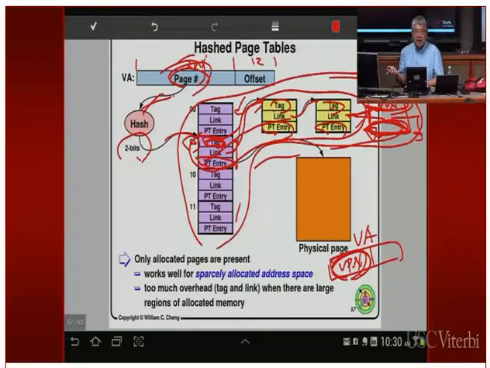And what do you pay when you want to save memory? You pay in terms of speed, right? Because every time you try to access the virtual address, you have to walk down the conflict resolution chain and do all the comparison in hardware in order to find the right data structure that has the matching tag against your virtual page number, so you know which table entry to use.